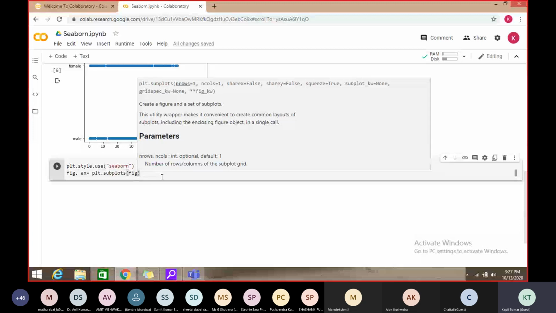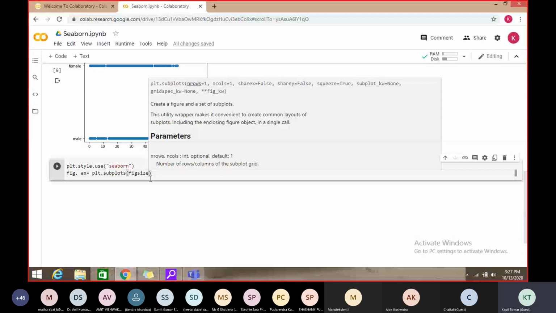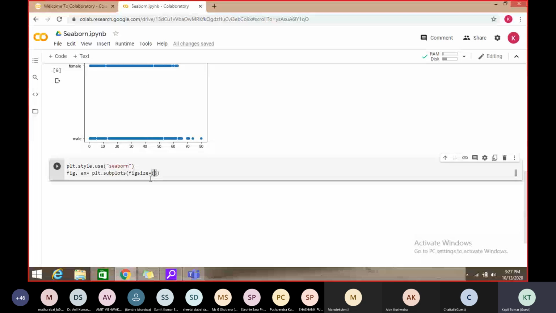So this is called figsize, and in this figsize we have to mention anything like 15:9, so that the size of the figure will be large.